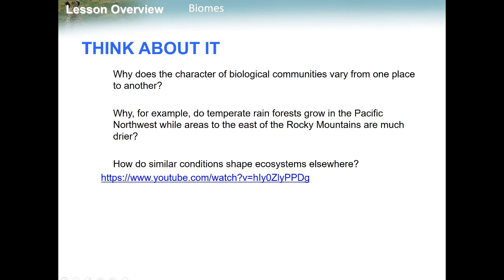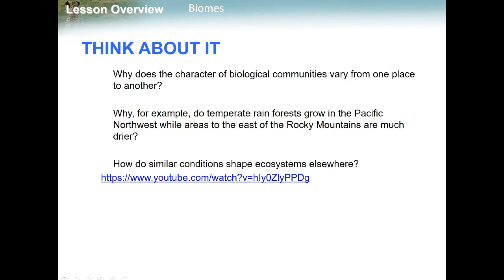So there are certain characteristics within those communities that are similar that we clump them into a biome based on, as I said, the climate, the dominant plant species, and the dominant animal species.